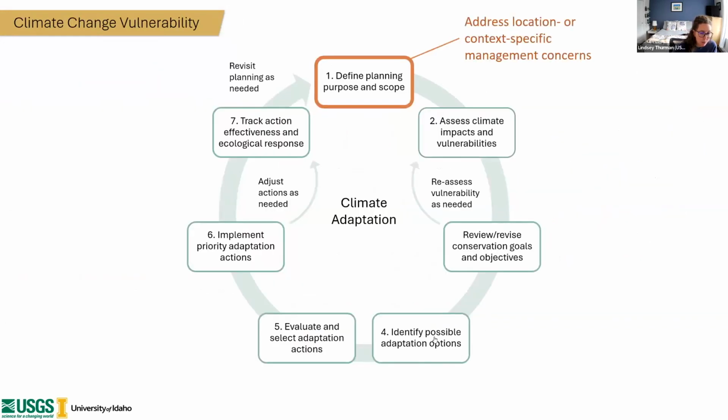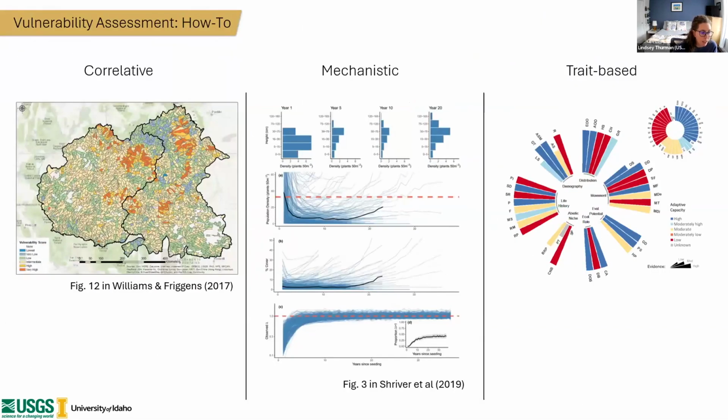And this is an example here of modeling demographic change in, I forget which species this was, but they were essentially looking at recovery after disturbance and found that this population didn't show great rebound after disturbance, and so they were linking those environmental parameters to this rate of recovery. And this can be incorporated into vulnerability assessments.